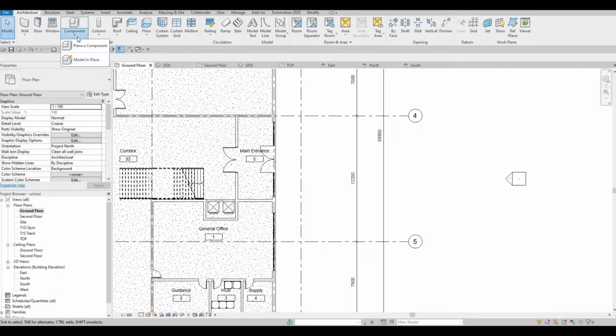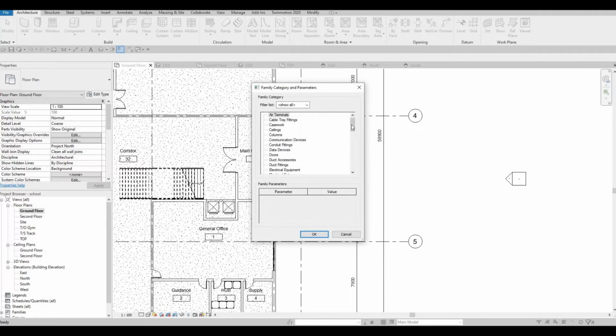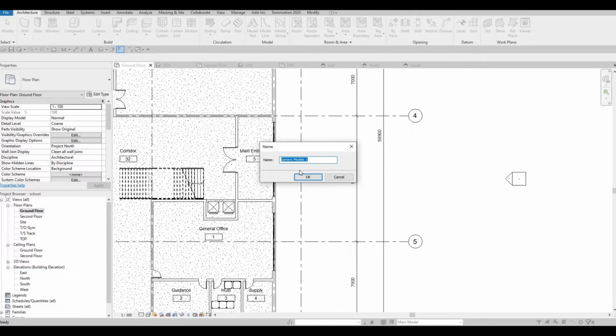What I'm gonna use is model in place. So under your component drop down, click on model in place and look for generic model. Press OK, and then name the generic model depending on what you want to use. I'm just gonna use this,